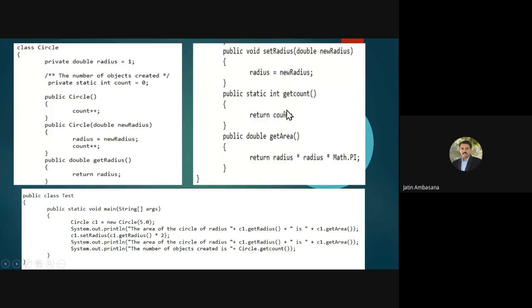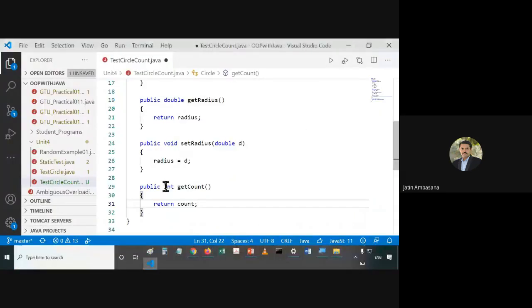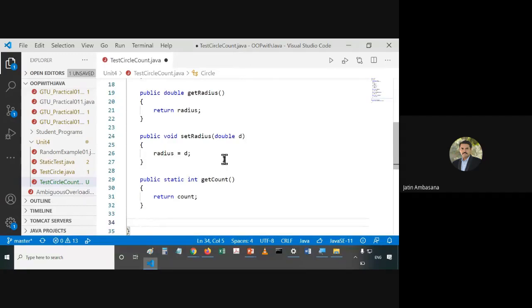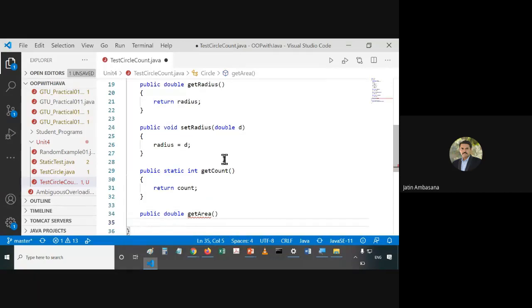Now see, since the count is static, that getCount method is also static, right? So we need to make this static. And we have one more method which is specifically for calculating the area, right? This method is public, it returns a double, and the name is getArea.